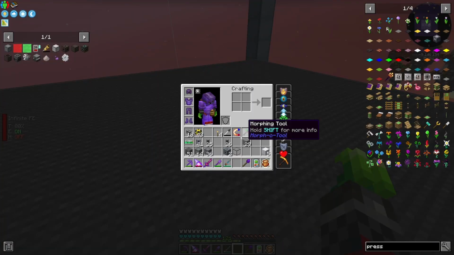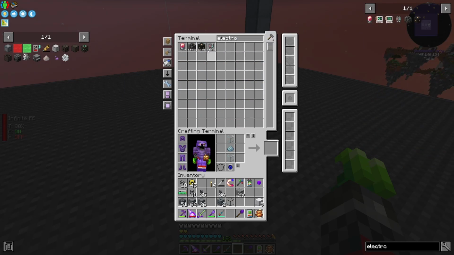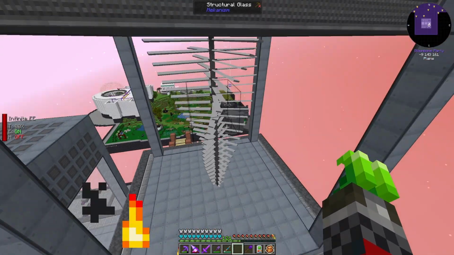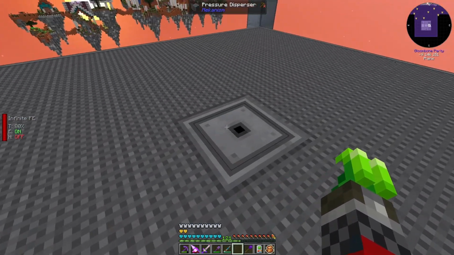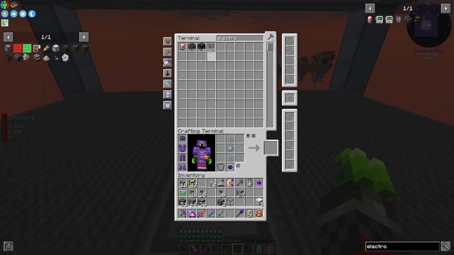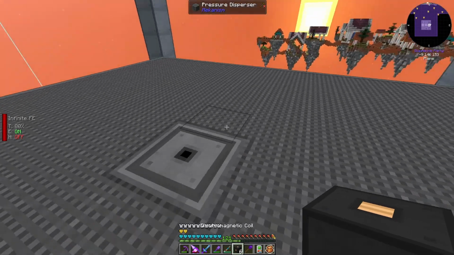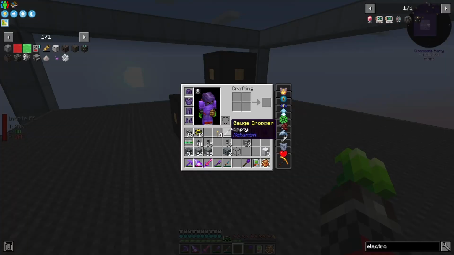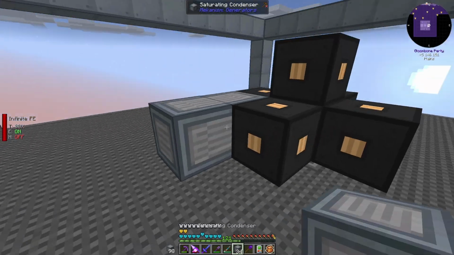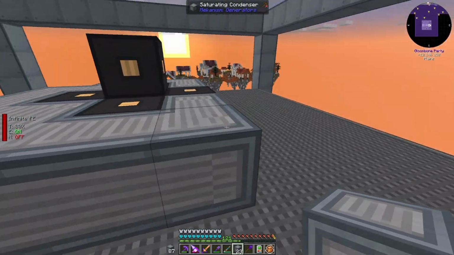But yep, so here we have the rotational complex and we have the other one here. Then we need the electromagnetic coil. We had, how many did we have in here? 12. So we definitely need 6 of them. Do we want to be fancy about it? Something like that. Yeah, looks good. And now we just need to fill up the rest here with desaturation condensers. Yeah, I'll finish wrapping this up,